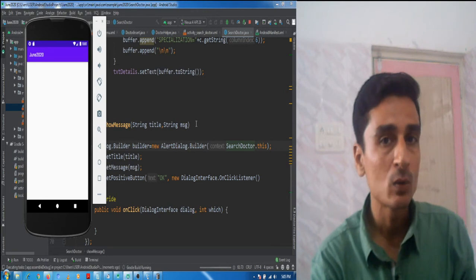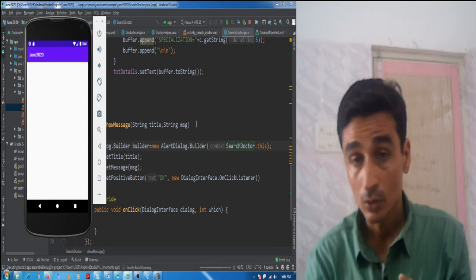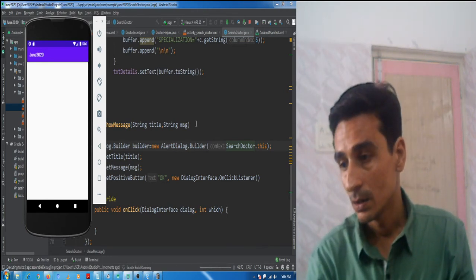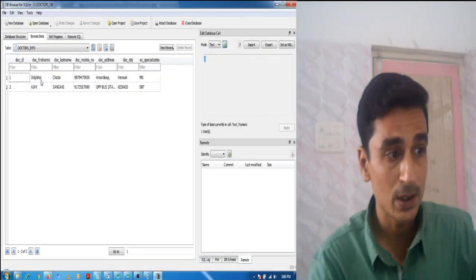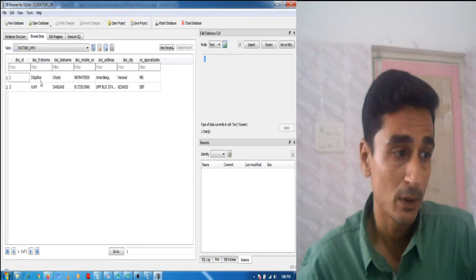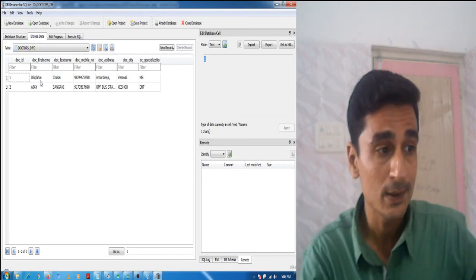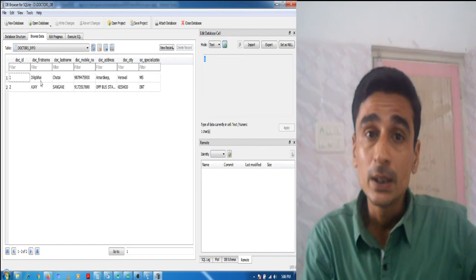Now one more thing I would like to tell you is that if you have read the records, you can see here the first name contains the name Dilip Bhai.